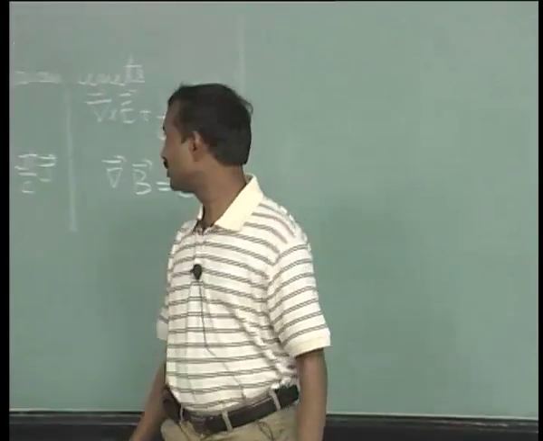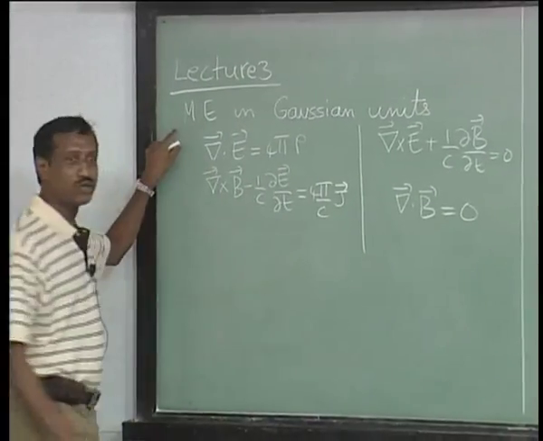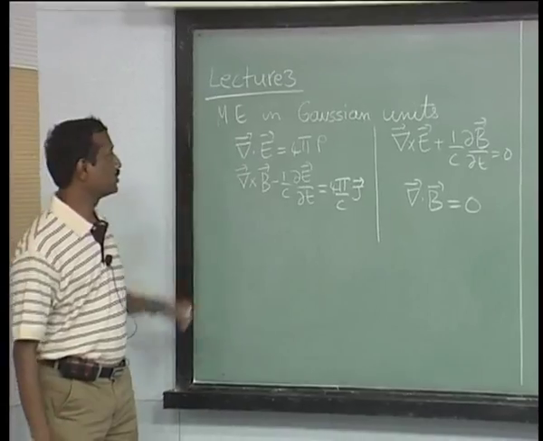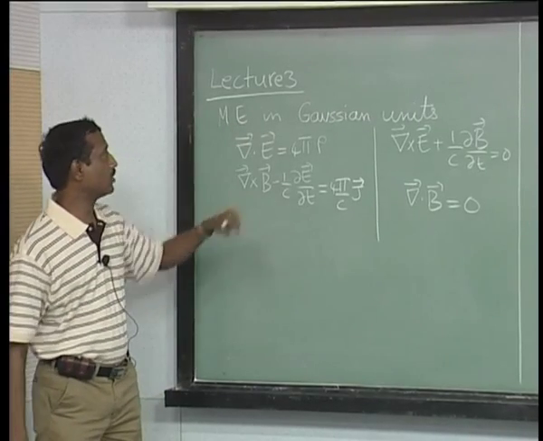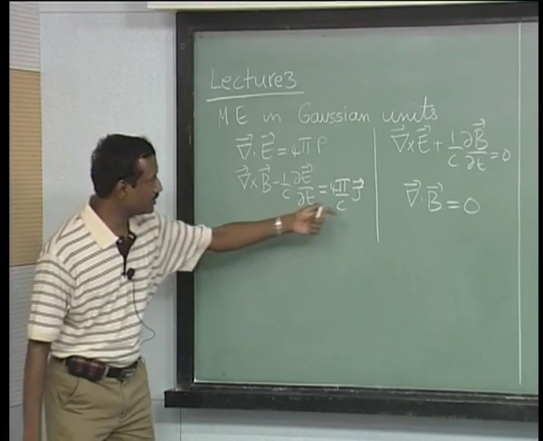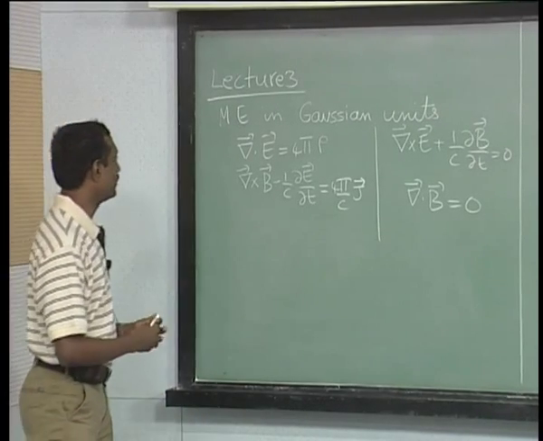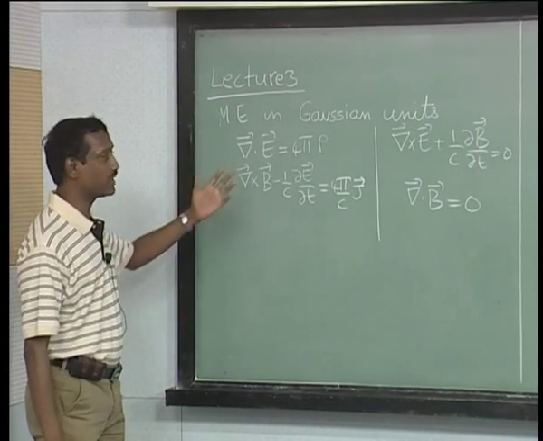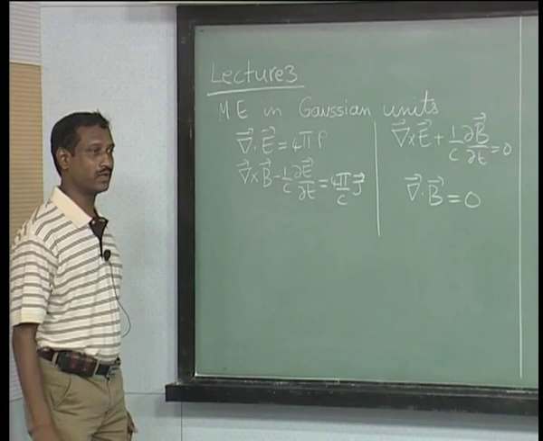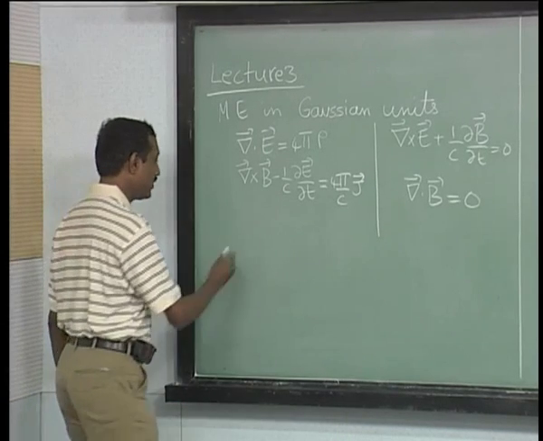Okay, so last lecture one of the things we accomplished was to rewrite Maxwell's equations in Gaussian units, and I am just rewriting the same. Hopefully there are no sign errors, and so the idea here is to ask what are the invariances of Maxwell's equations. Okay, so obvious invariances